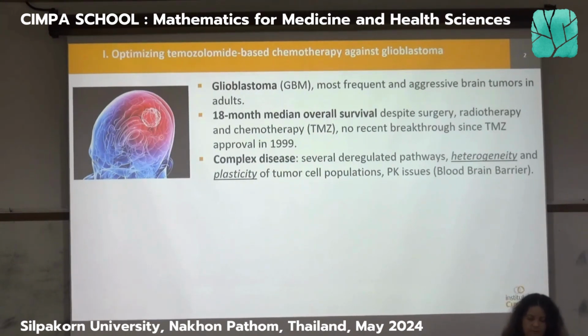And there is a last problem, which is a problem in terms of pharmacokinetics, because in the brain, as you may know, not all chemicals in your blood will be able to enter the brain, and this is on purpose. This is to protect the brain. And so at the level of the blood vessels in the brain, you have what is called the blood-brain barrier, BBB, that will prevent the chemicals from going from the blood to the brain cells.